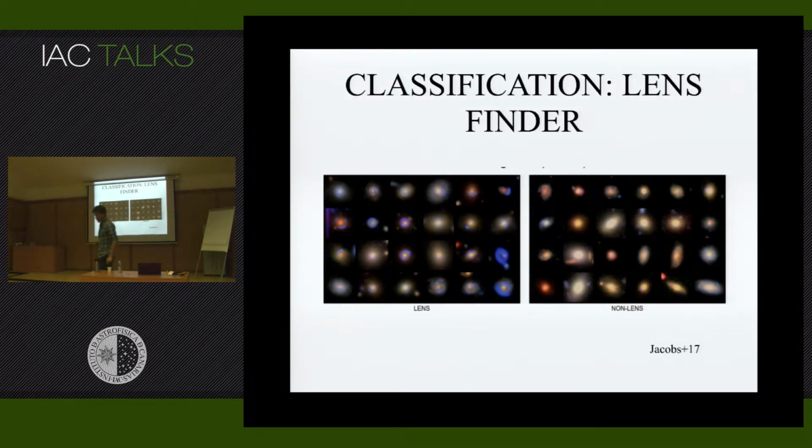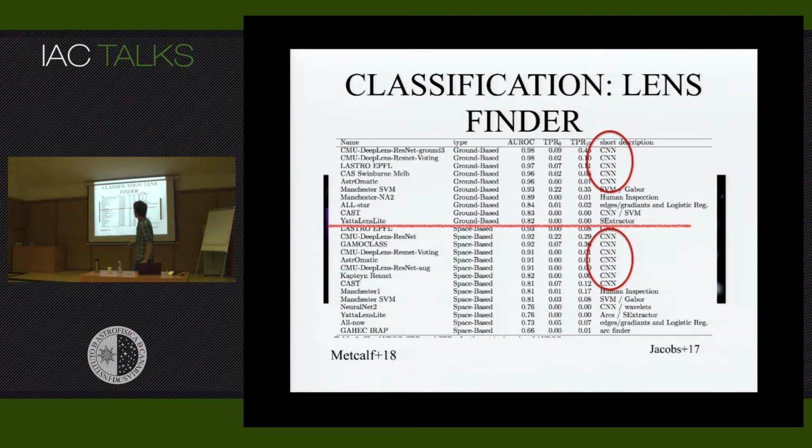Another example is classifying lenses, or strong lensing galaxies. This is again a problem of classification, and basically you want to find arcs around galaxies. Again, with engineered features this is complicated. You need to extract the properties of the lens and plug them into a classical algorithm. We actually did a challenge for the Euclid context in which we tried different algorithms and compared them, and you see that the first 5 or 10 algorithms are all based on CNNs. So this is, again, a case in which SVMs or other classical algorithms come below.